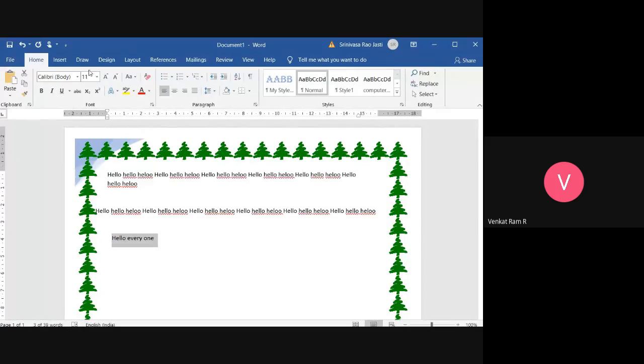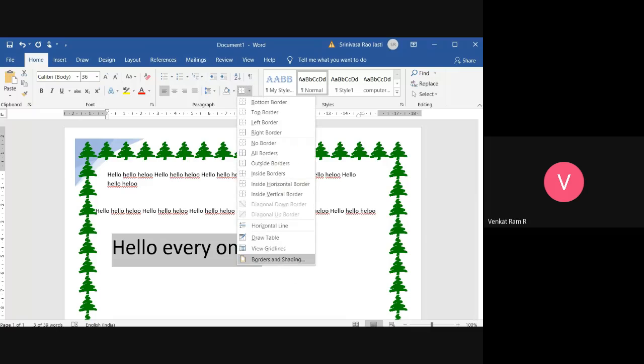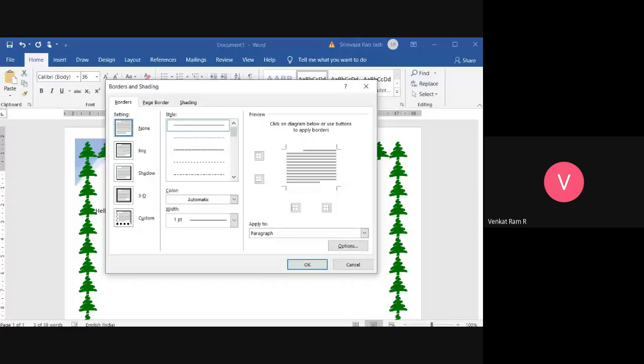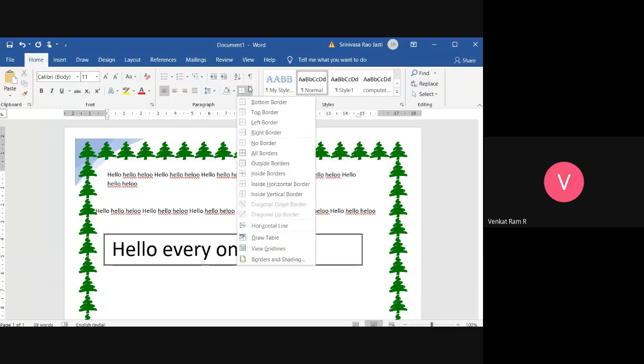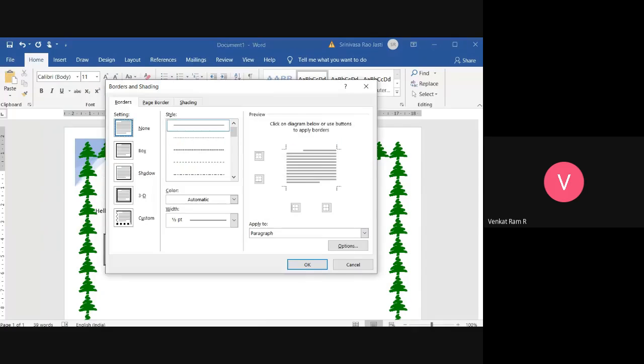so I'm enlarging it. So I'm going to borders. Now I don't want for all, so I'm going to give box. For this, you will not get these symbols, only lines you will get. Have you observed? Now I applied only for particular text. So that is how we have to apply. Go to borders, borders and shading, and in borders you have to check box, and then whatever you require, you can make it.